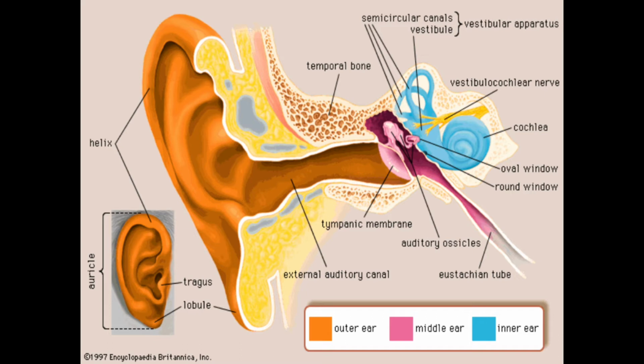The internal ear is situated in the petrous part of the temporal bone. Structurally, it is divided into an outer bony labyrinth that surrounds the inner membranous labyrinth. The membranous labyrinth consists of two apparatus. One is the vestibular apparatus, containing the saccule, utricle and semicircular canals, which are primarily concerned with equilibrium. The other is the auditory apparatus, consisting of the cochlea, which is a structure specialized for hearing.